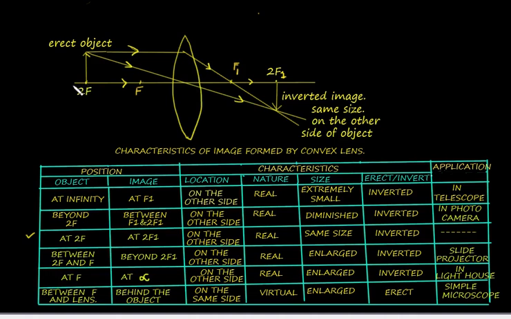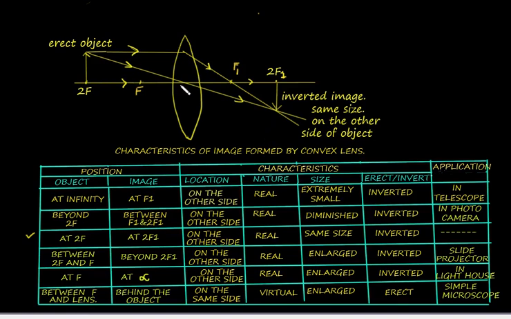Yet another ray passing along the principal axis. The ray passing along the principal axis starts from the bottom, and for the image the location is here. The object gets inverted here because the rays starting from the top of the object converge at this point. If the measurements taken for drawing these surfaces are okay, representations for all these different cases can be easily drawn. I hope it is clear.